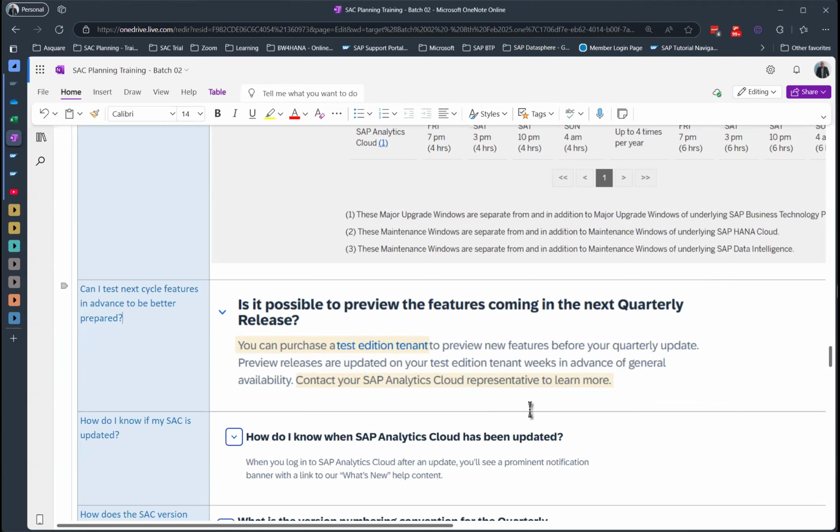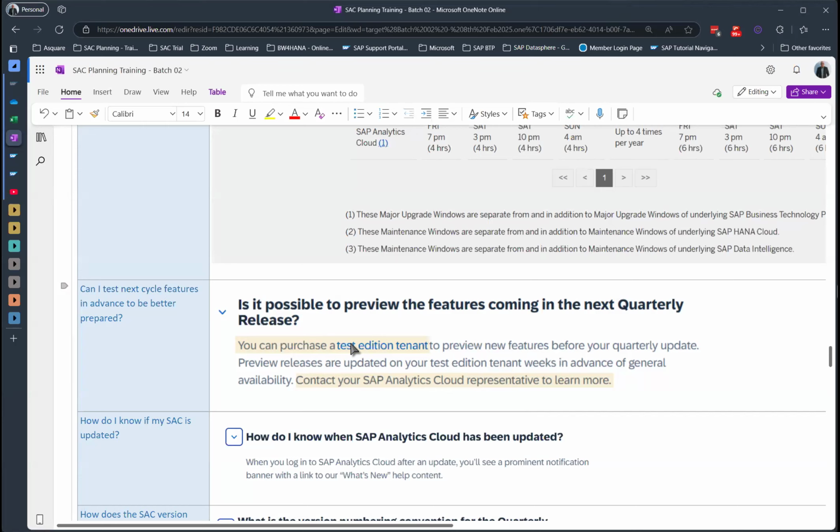Sometimes people want to know what things will get impacted and they want to be better prepared before the QRC. So for those, they can purchase a test edition tenant. It's a separate purchase from SAP, and that will enable you to get access to a dedicated tenant with all those QRC features. So maybe 1 month before the QRC, you can still play around with the new features.